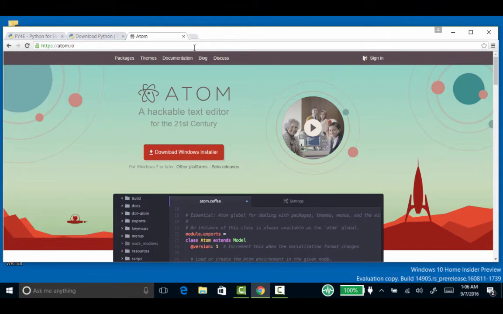Just don't use Word or TextEdit that comes with the operating system. You need a programming editor that doesn't mess with weird characters or weird lines or strange formats. You must have a real programmer editor. So I've already downloaded this as well. And so I won't waste the time waiting to download it, but let's go ahead and do the installation.